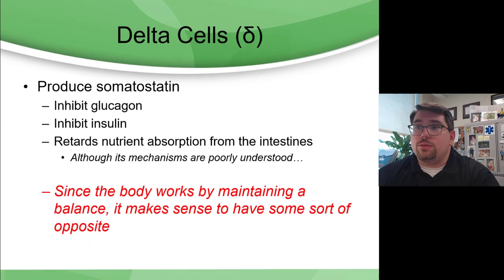The delta cells, or those somatostatin cells, are what inhibit glucagon and insulin. In essence, it slows down or retards nutrient absorption from the intestines. The idea behind this is really not fully understood, but the concept is it relates to some type of balance. So it makes sense that there has to be some sort of opposition to both insulin and glucagon to maintain that